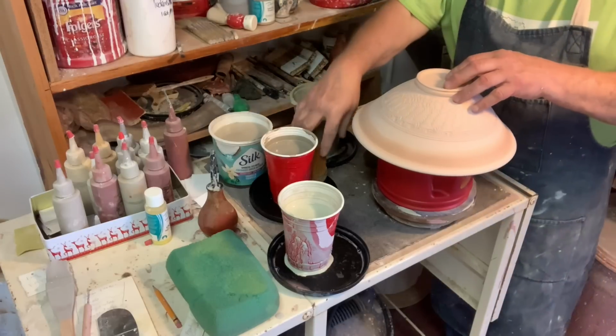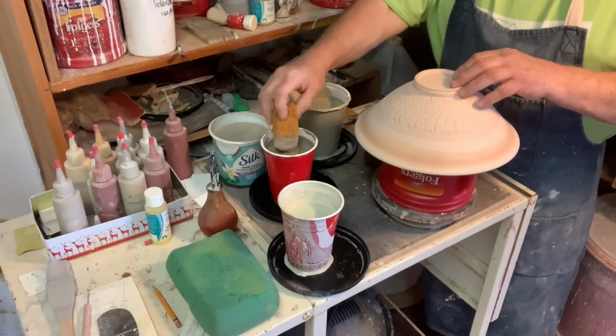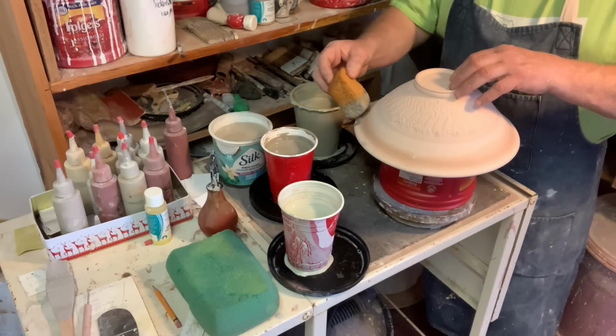Okay, so now we've got blue, and I can probably do it the opposite. Let's do the blue at the